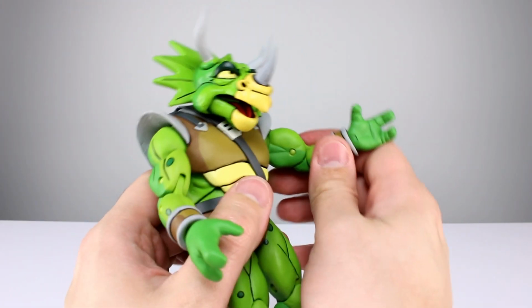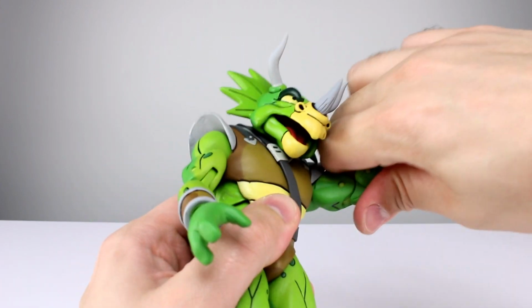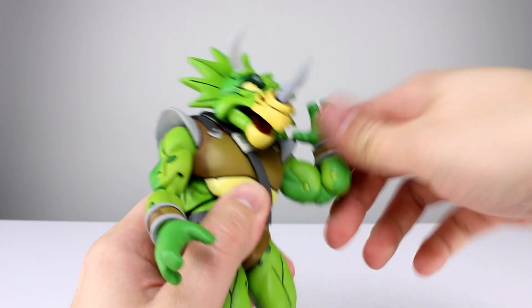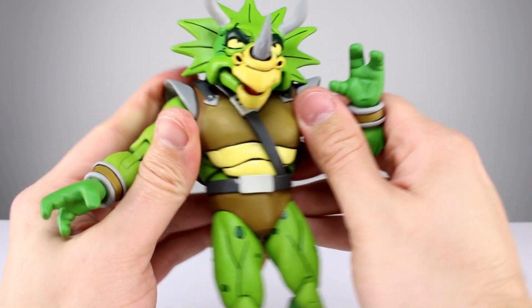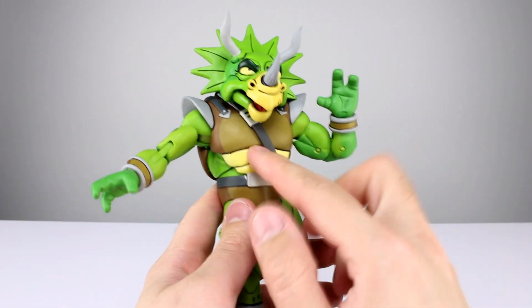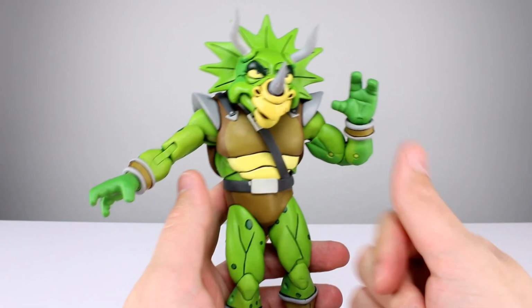Elbows, again, we've seen all this stuff before, but let's just make sure everything works the way it's supposed to. The lower joint works. Upper joint works. Yeah, you're going to get all the range you need. Wrists have a swivel and a hinge. Nothing special there. When I reviewed the orange guy, I mentioned how you can't really do much here, and everybody was like, well, yeah, but if you pick this up and go over...